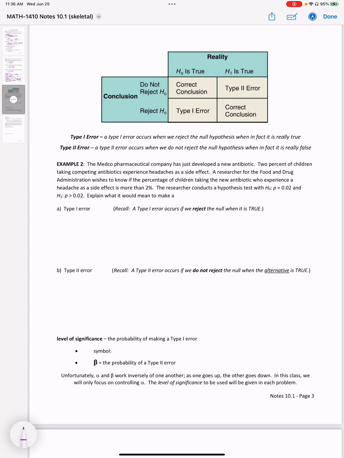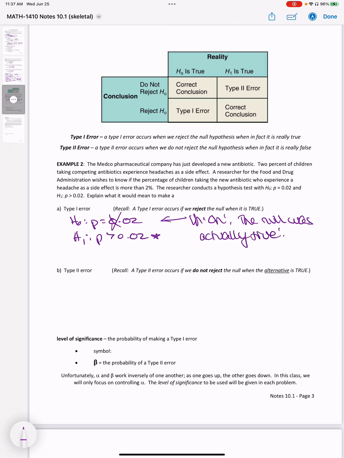With that Medco pharmaceutical example, if you recall, we had a null, the statement of equality of 2%, and then we're testing, is it greater than? A type 1 error occurs if we reject the null when it is true. So the null was it equals 2%. The alternative was that it was more than 2%. A type 1 error is where we say, nope, there's evidence to support the alternative, but uh-oh, the null was actually true. In other words, the new antibiotic